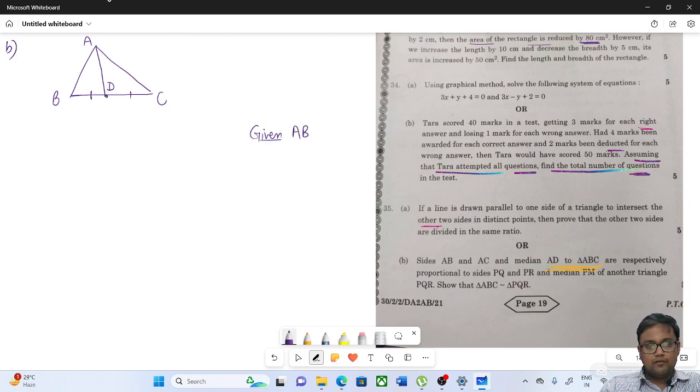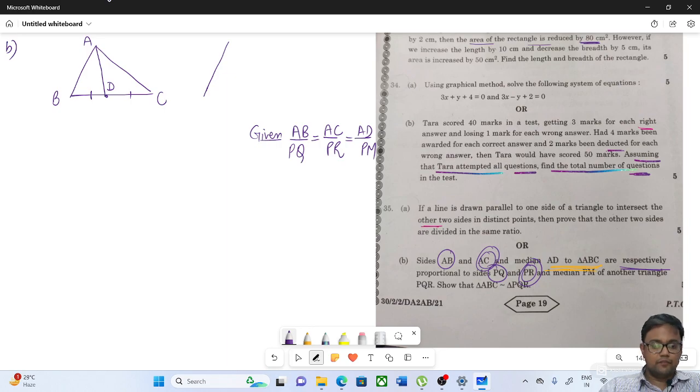AB, AC and median AD are respectively proportional to sides PQ, PR and PM. That is, the ratios, AB to PQ first, then AC to PR, and AD to PM, are in proportion, equal. This is what we have to show. So there is another triangle PQR,